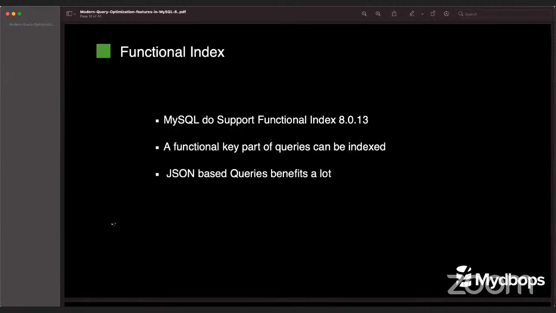MySQL supports functional indexes starting from MySQL 8.0.13. It was not part of the initial release like 8.0.11; it was released later. Functional key parts can be indexed. For example, you have a function like a getter function, or you want to combine two columns and create an index on something like a sum. They can be indexed. Mostly, as a database administrator or database engineer, we might face queries like